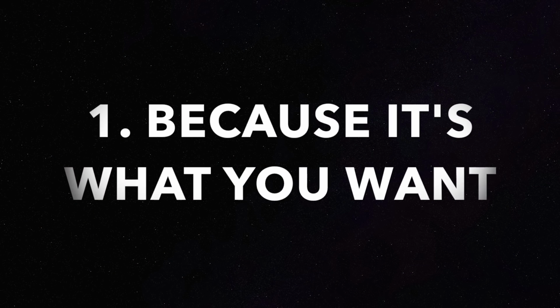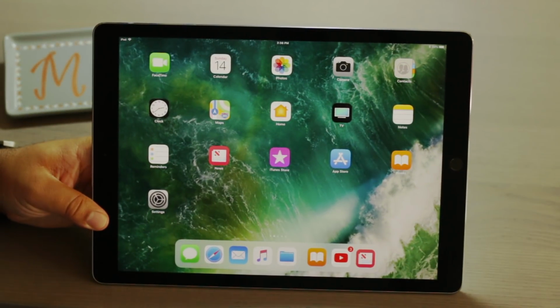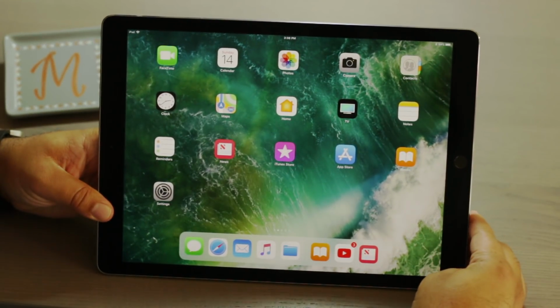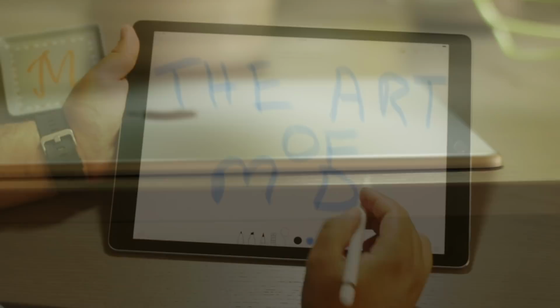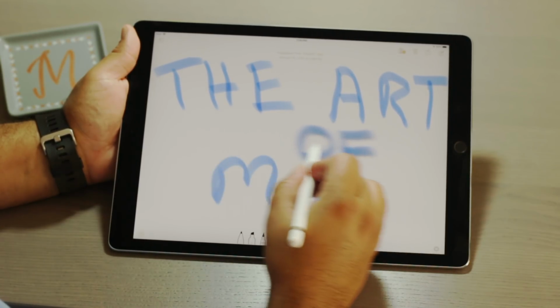And the number 1 reason is because it's what you want. So if that bigger screen is what you really deserve, then you should get it. Now, I agonized over which one I wanted to get, and I really wanted to get the more affordable one for price, but at the end of the day, I got that bigger screen for all the things I just